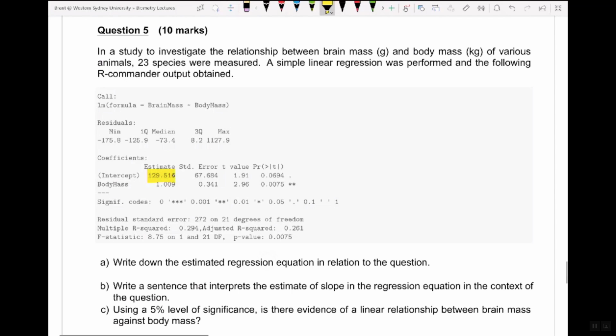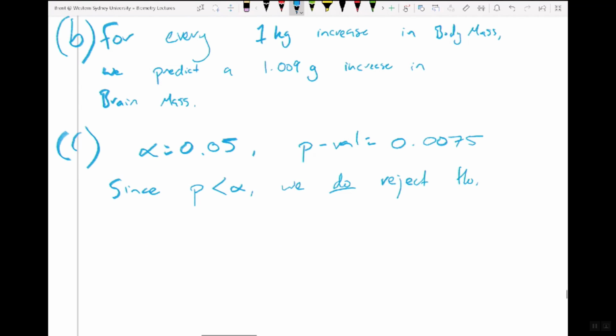The last one is one of the easiest ones. This one is just a little bit of calculation. What is the predicted brain mass for a pig with a body mass of 200 kilograms? So now we actually use our model. This is what the model is for, to make a prediction. So we say that brain mass, according to our model, the formula, the very first thing that we wrote down, was 129.516 plus 1.009 multiplied by body mass, and they are telling us that that is 200 kilograms. So I plug in 200 kilograms. And if you put all that into your calculator, you should get